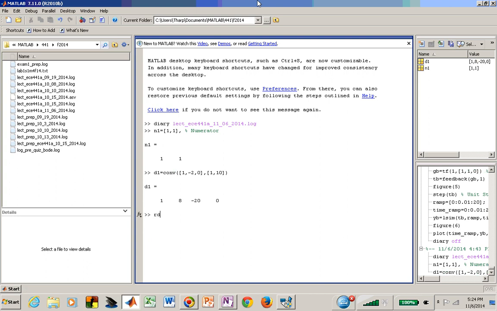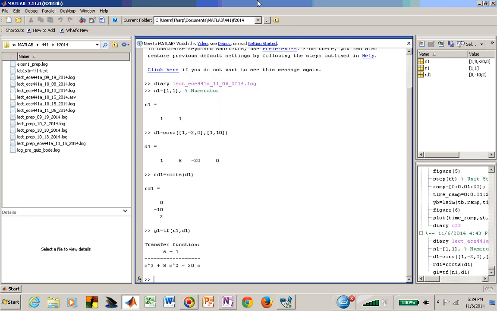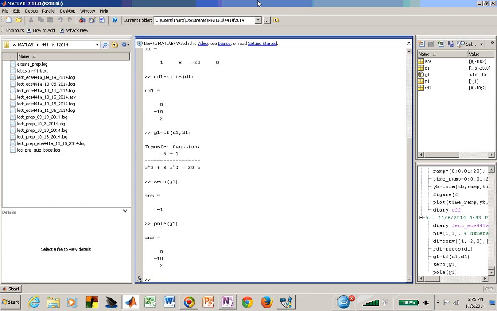and I could say what are the roots of d1 just to verify that those are where I want them to be. I have a pole at 0, I have a pole at minus 10, and I have a pole at plus 2. That looks good. I can now define my transfer function as numerator and denominator. If I wanted to, I could say, let me verify where those are. I have a finite 0 at minus 1, and I have the poles, open loop poles,